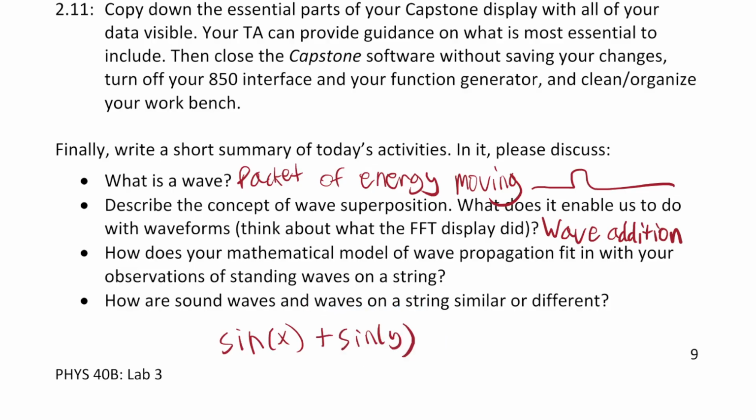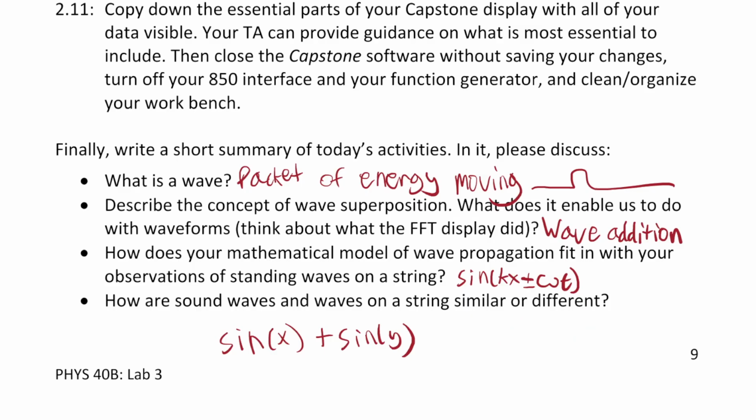All right, and then the next part was, how does your mathematical model of wave propagation fit in with your observations of standing waves in a string? So for this, your model was probably similar to the model they give you, where it's sine of kx minus omega t, or plus or minus omega t. And so the whole point is that if you have a plus and a minus omega t, like two different waves, and you add them together, you'll get a standing wave,